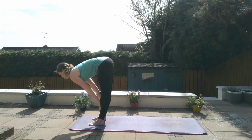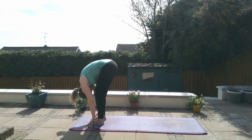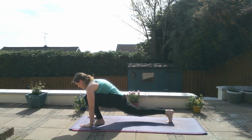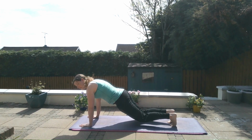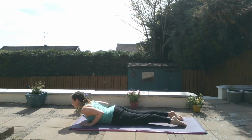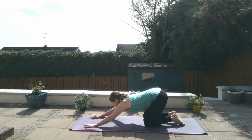Breathing in to lift up to a flat back, sliding your hands up your shins, and folding forward again with bent knees. Planting your hands on the earth, we're going to step our right leg back to a long lunge. Feel free to put your knee down if you would like. Planting your hands, stepping back to your plank, knees down to start with for our first round. Then diving forward, chin, chest, and rolling through to just a small cobra to start with. And back down, and pressing back into your child's pose,